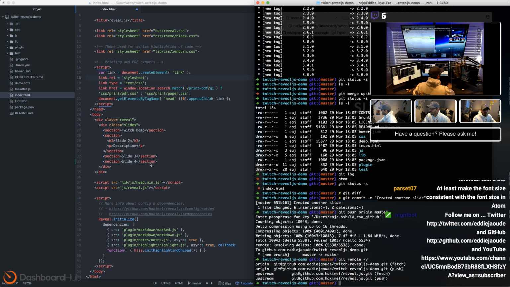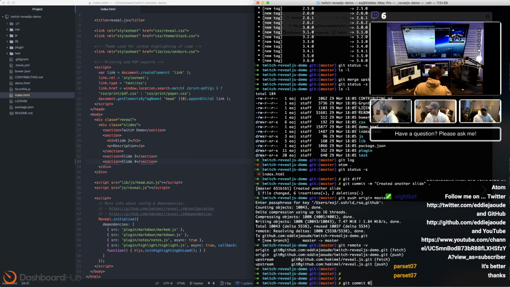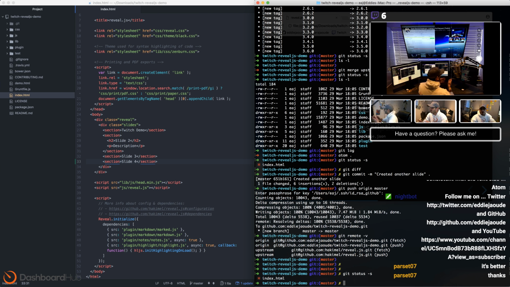So, what were we doing? We were doing slide 4, and I was going to do a commit. So if I do a git commit, I'm going to do a dot again because, and to show you a trick as well, if you do Control U, it cuts from your terminal, and then when you want it back, you can do Control Y. So I'm just going to do Control U to cut it out, so I can just do a git status and check that I've only changed index.html. I'm happy with that, so I want to paste this back